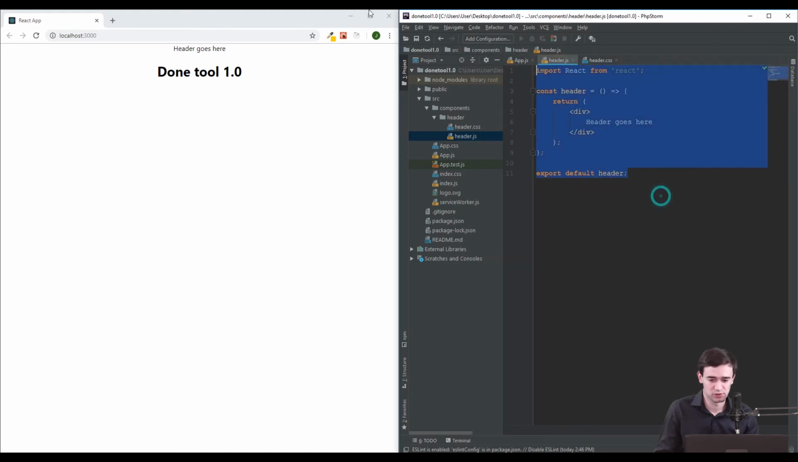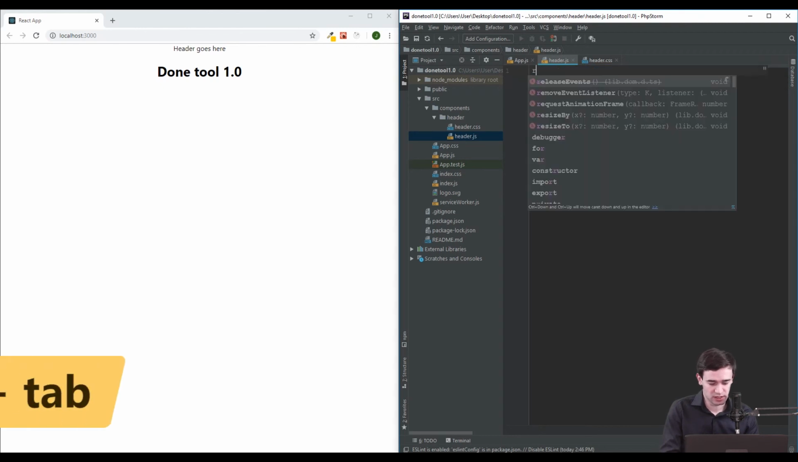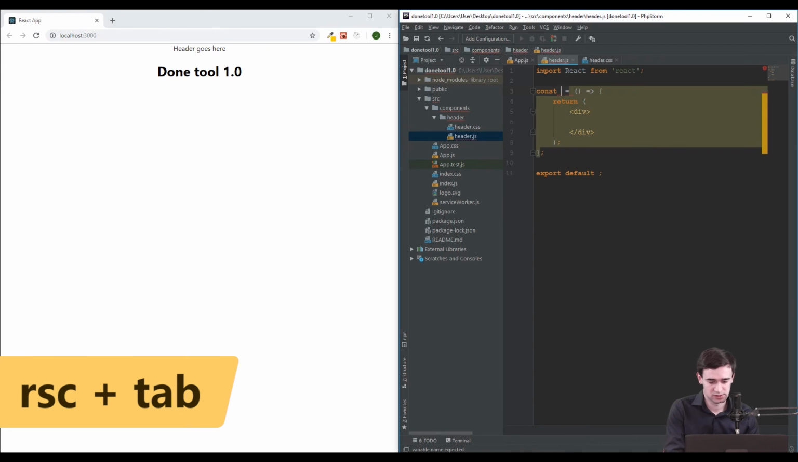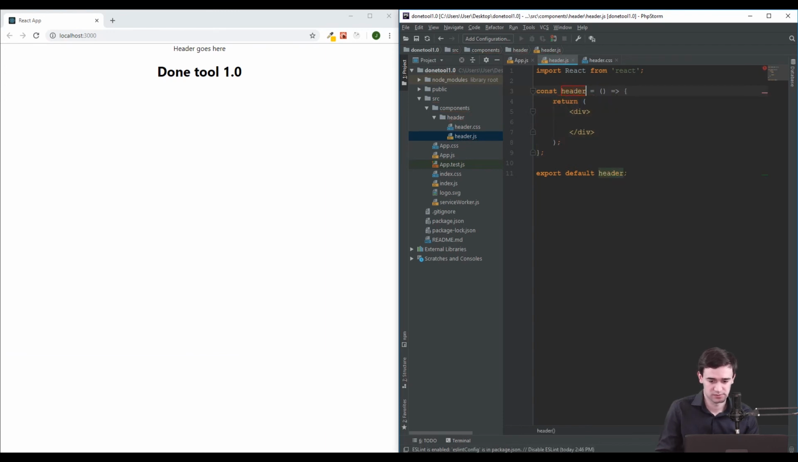By the way, if you use PHP Storm, you don't have to write all this code to create a stateless component like this. Just type RSC and hit tab. And here you just have to type header, and it automatically creates a stateless component for you. Works fine. It's the same